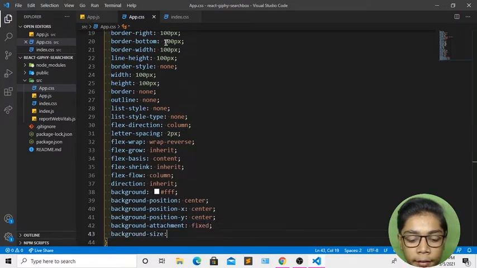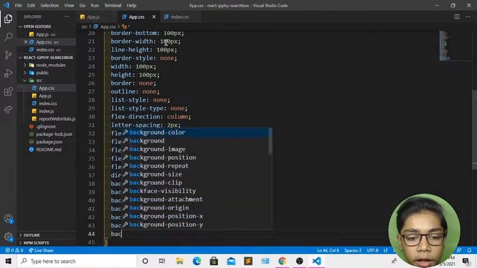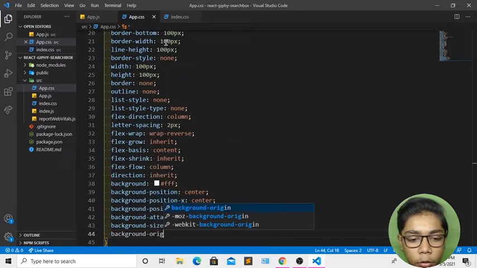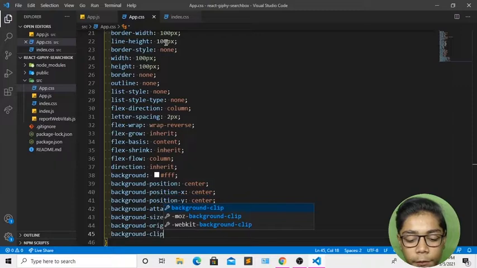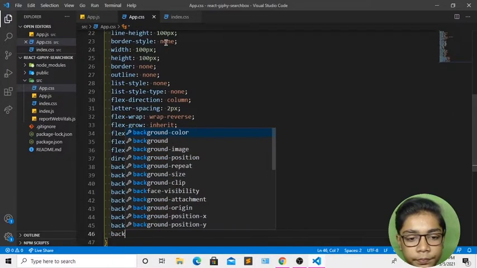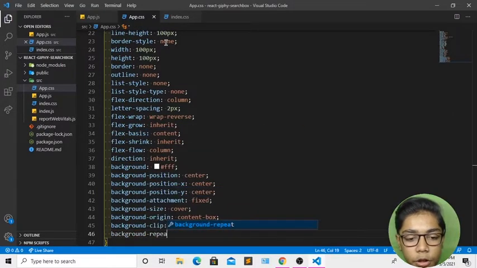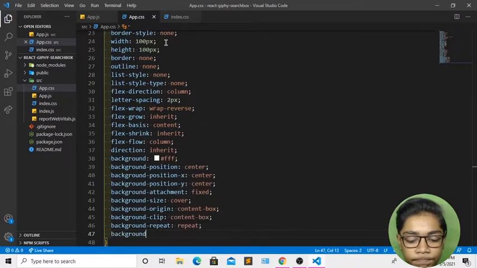Now create background origin content box. Then create background clip which should be content box. Create background repeat which should be repeat, and create another tag which is called background blend mode. So create background blend mode color 1.